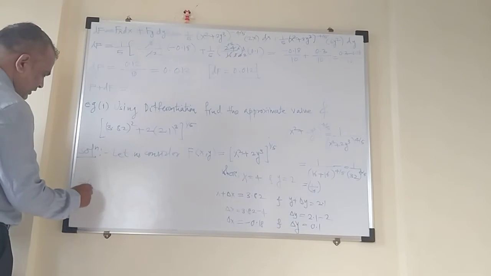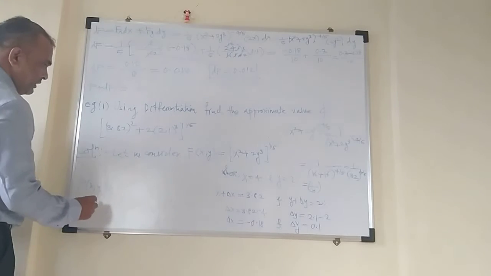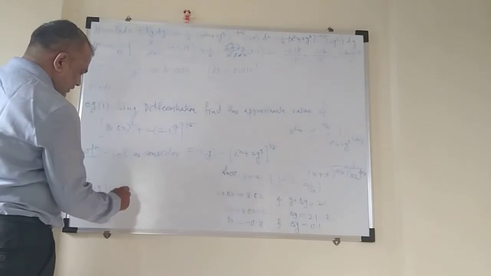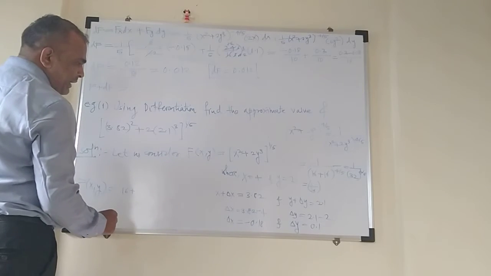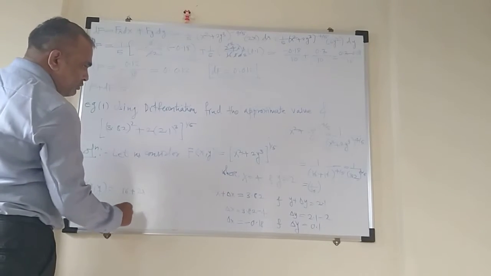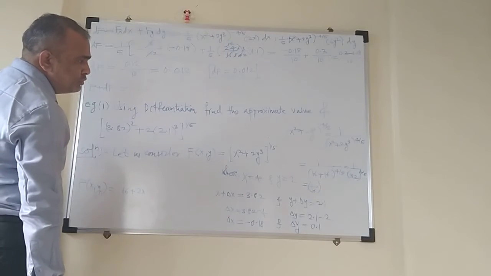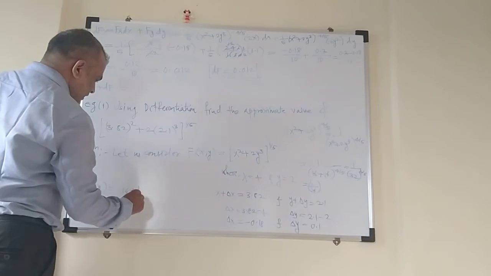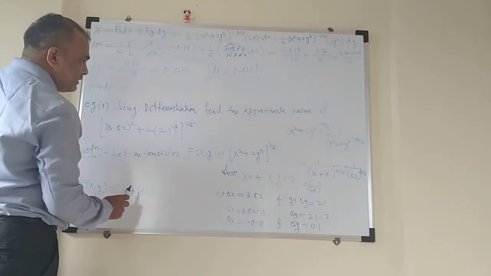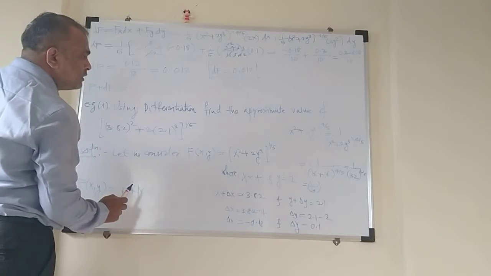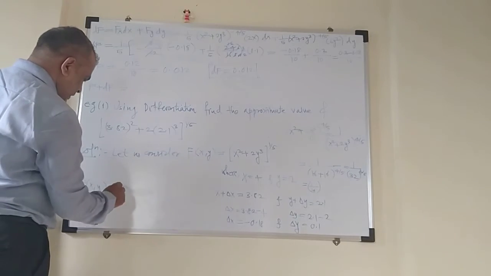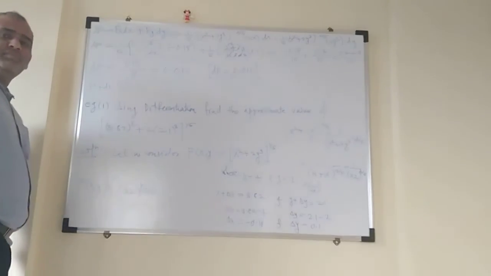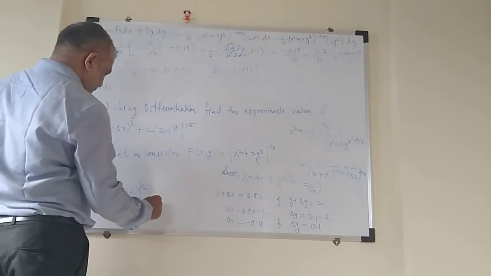The function f is equals to x², that is 4², and 4² is 16, plus 2y³. 2 into y is equals to 2, and 2³ is 8, that means this is 16. 16 plus 16 is nothing but 32, and 32 raised to power 1/5,